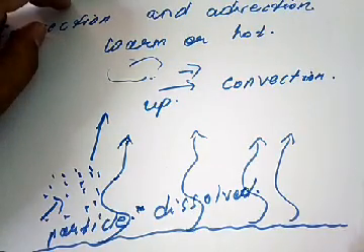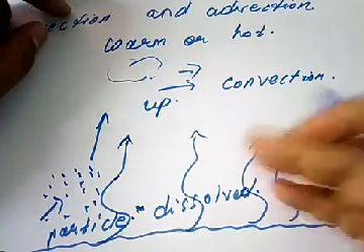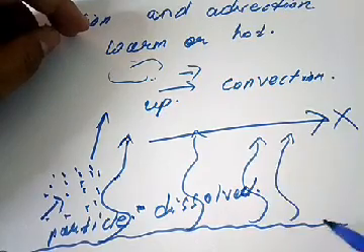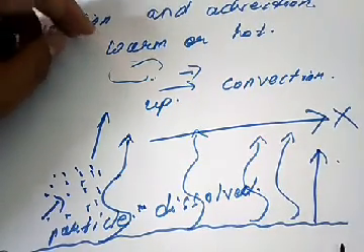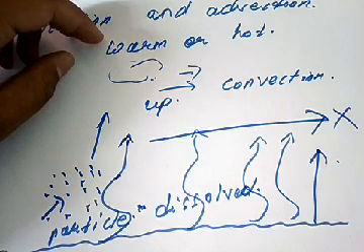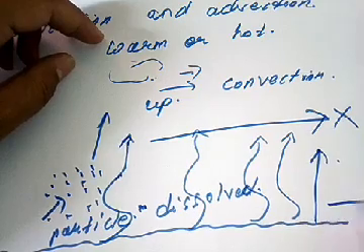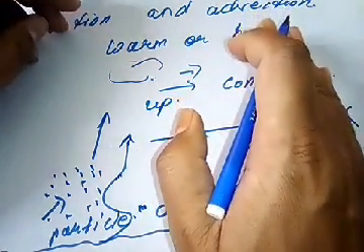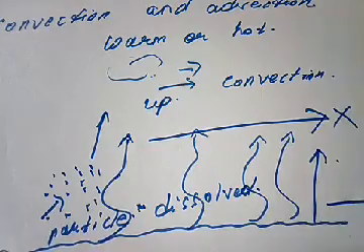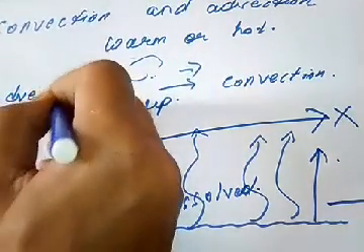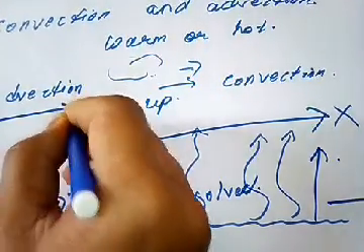So convection is heat transferred by mass. It is vertical movement in air. Convection does not go in this direction, nor is it horizontal movement. Convection is always upward movement. Advection is heat transferred by fluid movement. It is horizontal movement in air. So this movement of air also determines the climate and weather of a place. Always remember, advection is horizontal in movement,